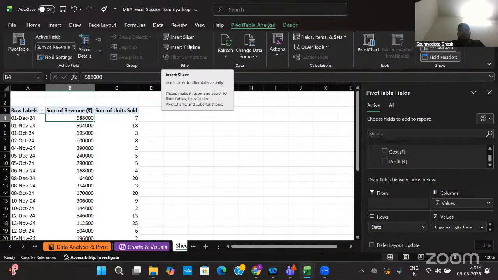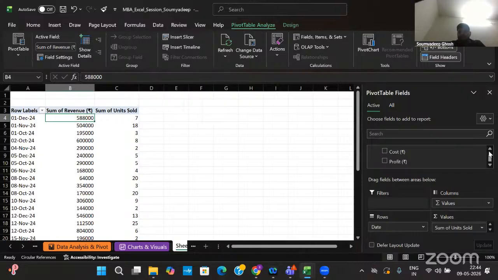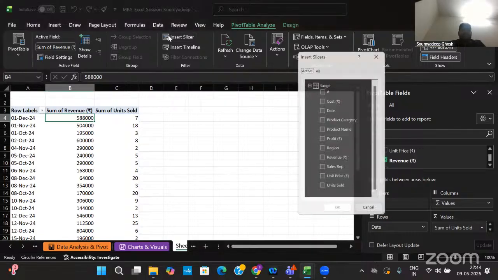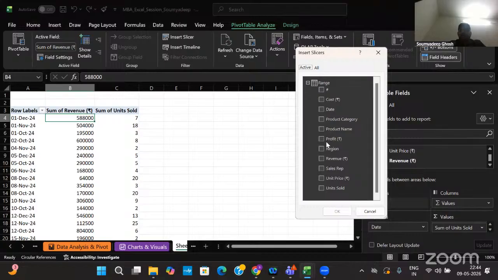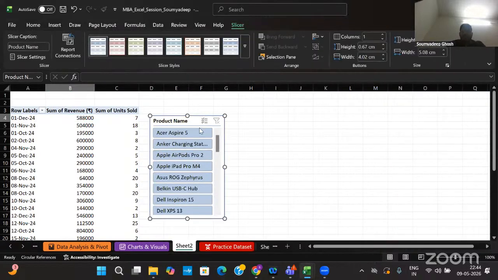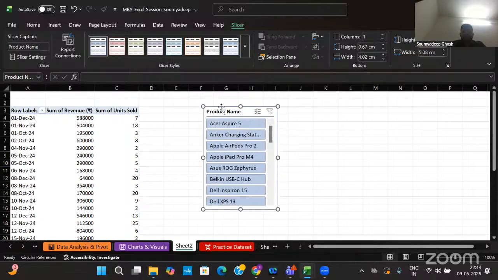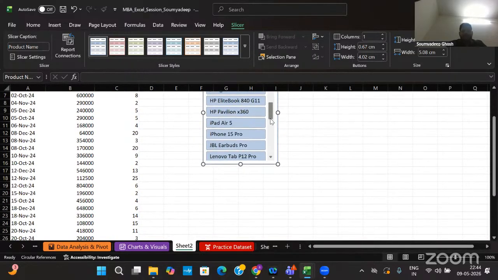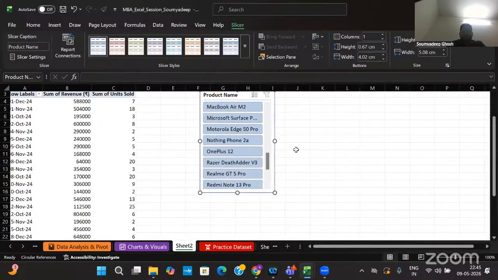Now, if you want to see on which product how much revenue it is generating, then we can add a slicer. In slicer, I am taking product name. If you see the product name, it is mentioned as different products, Apple AirPods, MacBook, and everything.